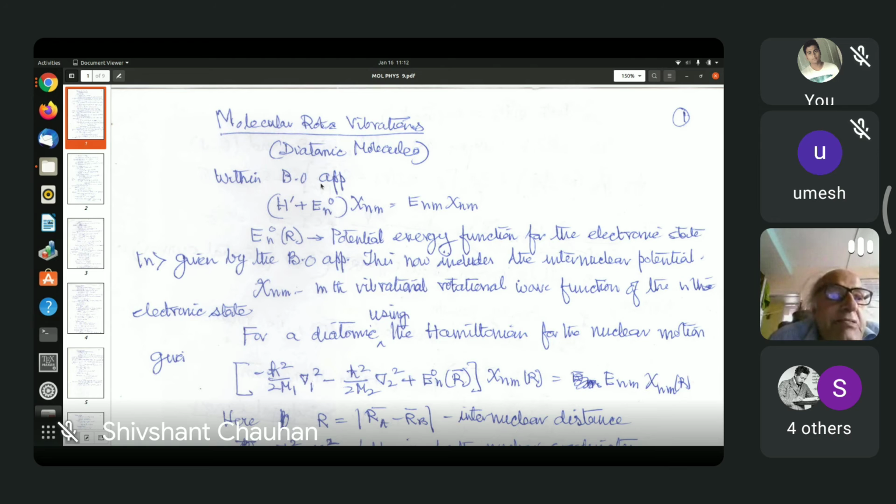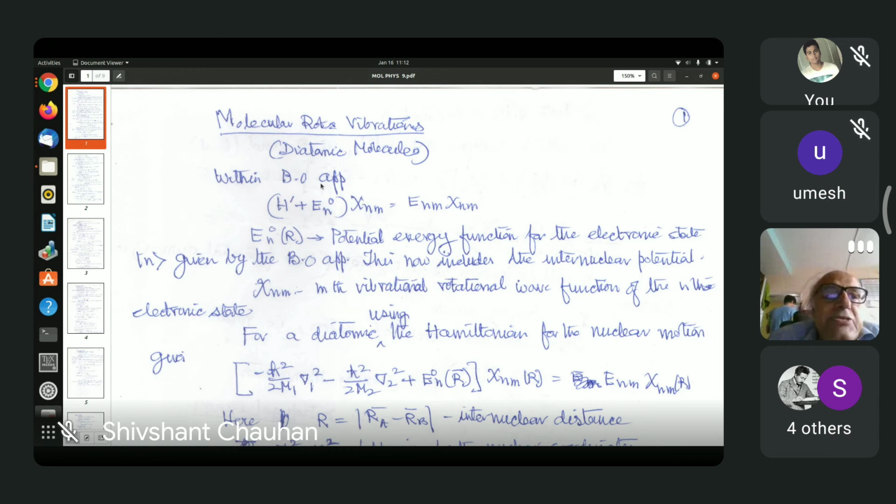with En0 as a potential term now. The Born-Oppenheimer energy is now the potential energy term, and H prime is the nuclear kinetic energy. So when the nuclei move, because the nuclei move more slowly compared to the electrons, they see the Born-Oppenheimer energy as the potential on which they are allowed to move, right? The nuclei move on Born-Oppenheimer energy curves, using them as potential curves. Am I clear? Yes, sir.